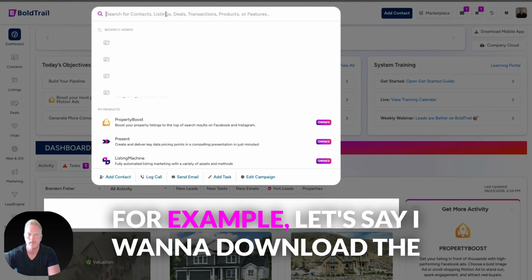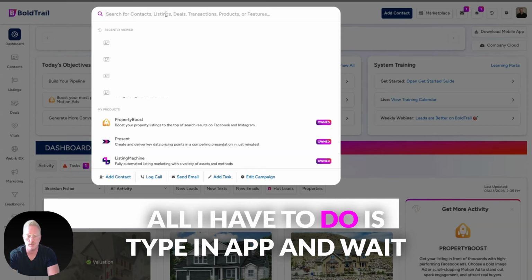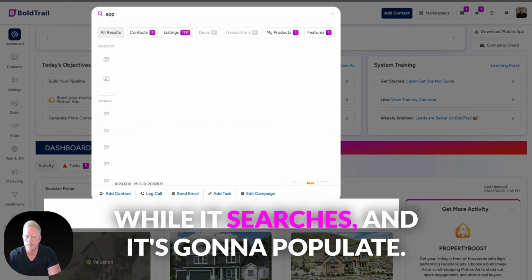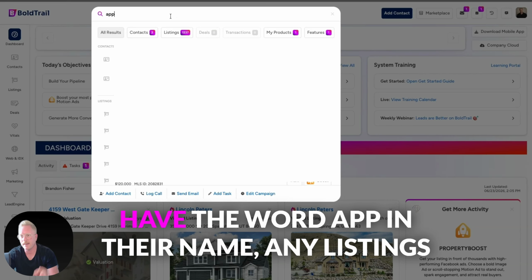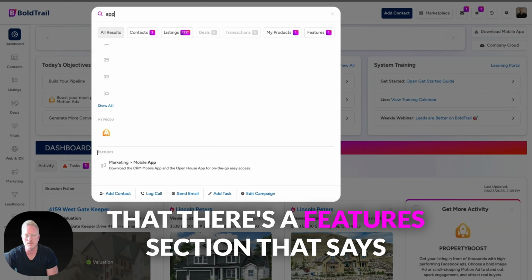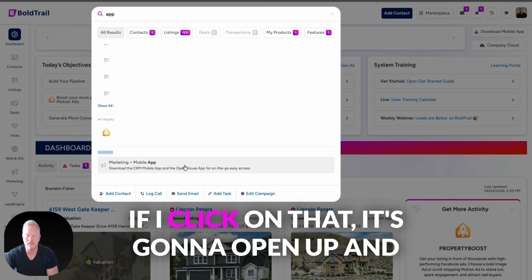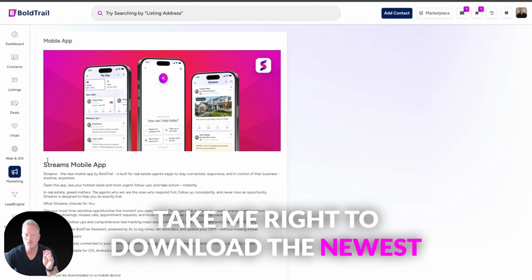For example, let's say I want to download the BoldTrail mobile app. All I have to do is type in app and wait while it searches, and it's going to populate. It's going to give me all the people who might have the word app in their name, any listings that might have that. But if I scroll to the bottom, you'll see that there's a features section that says marketing mobile app. If I click on that, it's going to open up and take me right to download the newest